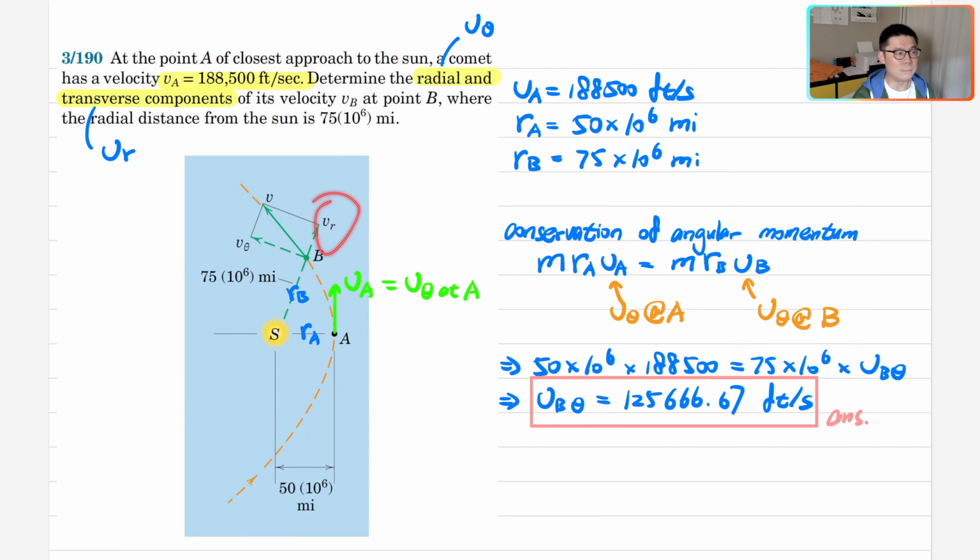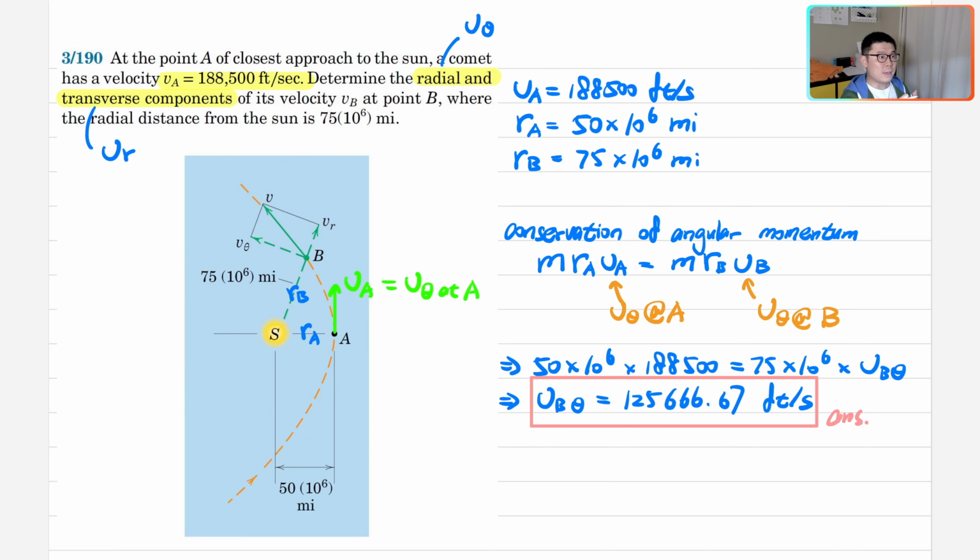What about VR? How do we get VR? VR is also part of V. Okay, if we can somehow get the total velocity at point B, we can use the Pythagorean theorem to get VR. In this case, although you would probably want to argue, okay, we were given R and theta, it seems like